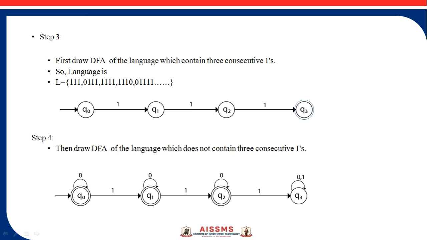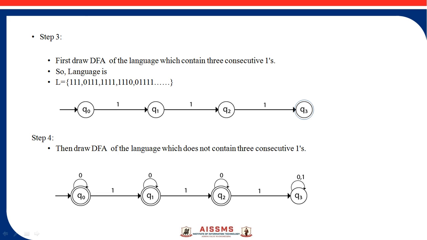So the final states will be Q0, Q1 and Q2. This language is drawn over the alphabet 0 and 1. Till now we considered only the input alphabet 1. Now we check the possibilities of 0. For Q0, the transition on 1 is already passed to Q1, so only the 0 transition is left. We can give 0 as a self loop on Q0, because there is no problem: any number of zeros can occur at the initial step,